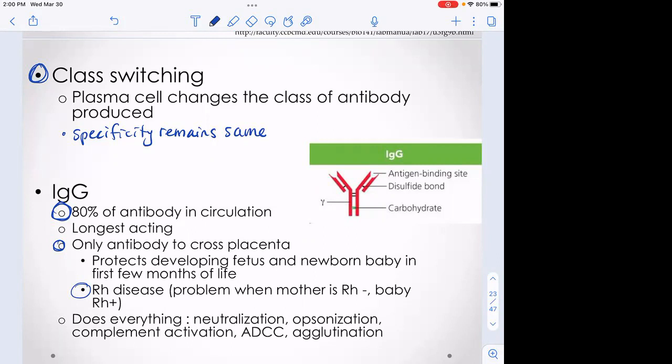Good prenatal care is always a good thing. Okay, so